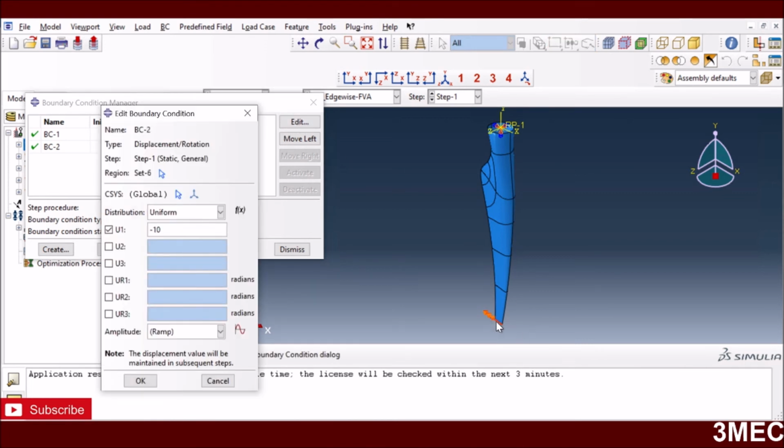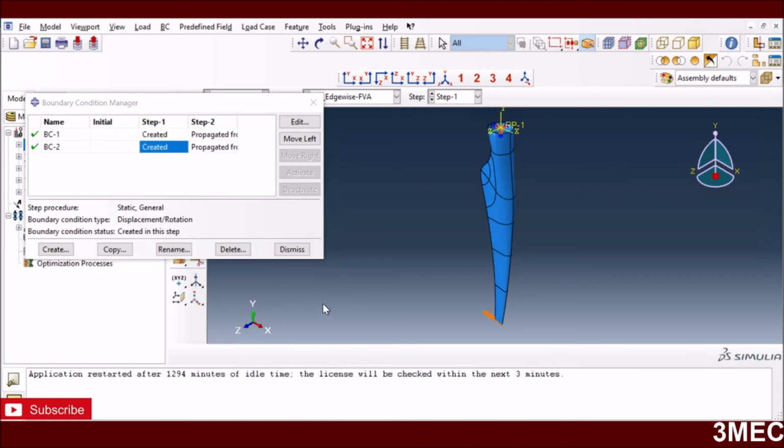While in the second case I'm applying an edgewise displacement, so it will try to bend about the z-axis, not realistically the edge load, but if you know the displacements through the experiments, you can apply displacements as well. So that's what I have done here, and they are applied as a ramp during step 1, which is a general step. So after step 1, it will be pre-deformed and pre-stressed, and it will go to the frequency analysis, and we want to see if there's any difference or effect of preloading on the natural frequencies of the